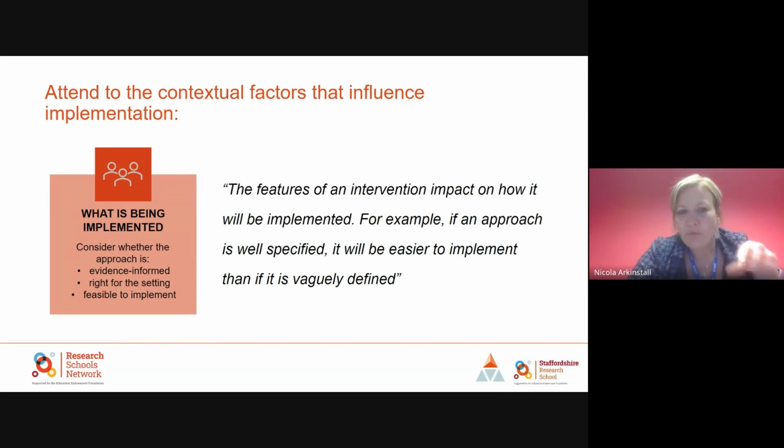And again, this is something that I wish that somebody had done when I was a subject leader in some ways, that actually, if you can really specify what you want it to look like when it's successful, and you can guide your staff to get to that point and support them with it, that's really important. And when we've done this training in a variety of settings over the last few months,